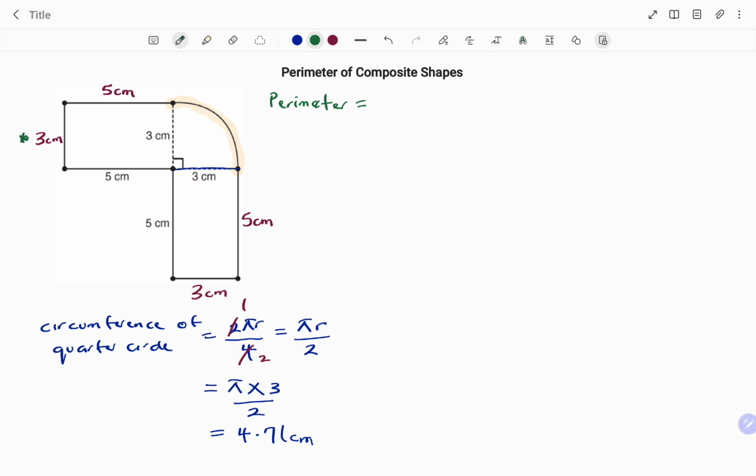To find the perimeter, which is the total distance around the shape, I'm going to start from 3 centimeters here. I have 3 plus 5 plus, for the new value of the length, 4.71, plus 5 plus 3 plus 5 plus 5, all in centimeters. Therefore, the perimeter equals